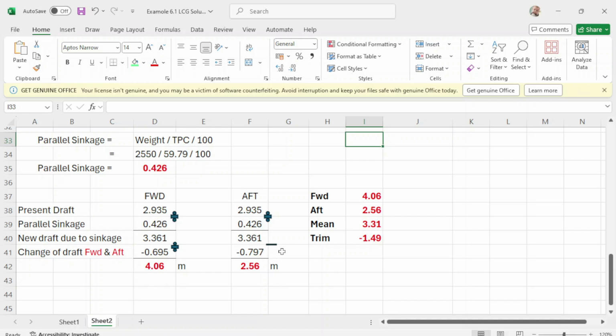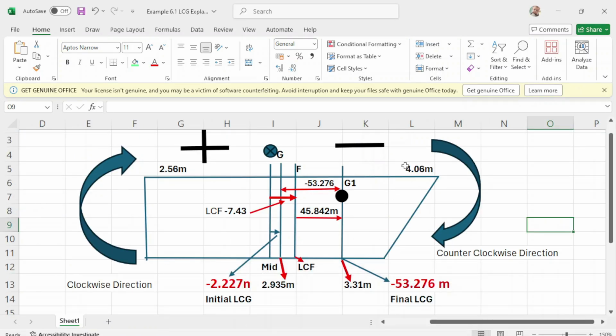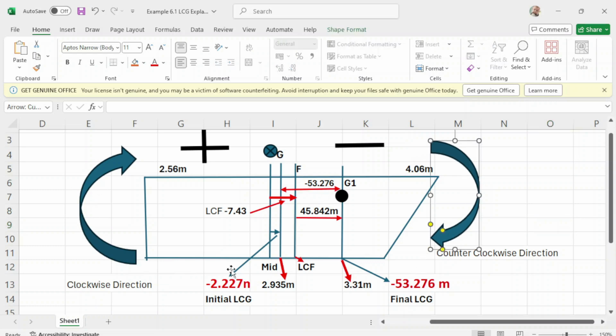And the up drop, applying the up change of drop, you subtract, negative or minus. Why? Because according to the figure, once this forward part sinks, of course the tendency of your stern will be to rise up, so you will have less drop. Okay, that will be clockwise. This will rise up and this will sink down. So this is clockwise and this is counterclockwise. So meaning you have a less drop of the up part.